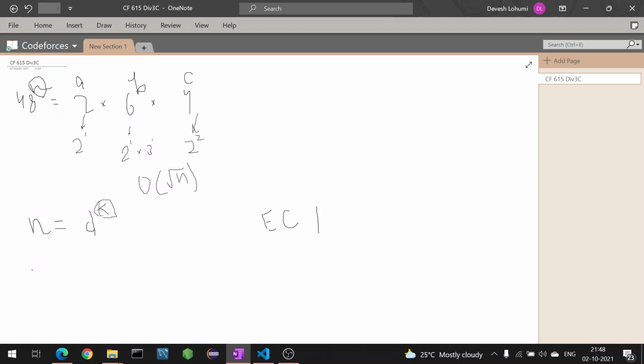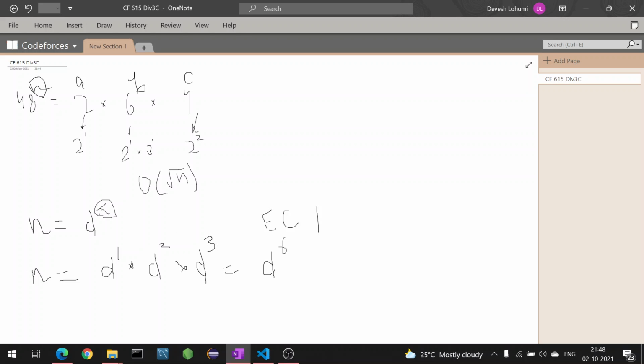Now if you think about it, the best way to split this is, since we cannot have a 1, what is the minimum number that we can have? The minimum number we can have is d. What is the second minimum number we can have? It is d squared. What is the next minimum number we can have? The next minimum we can have is d cube, right? So this gives us n is d power 6.